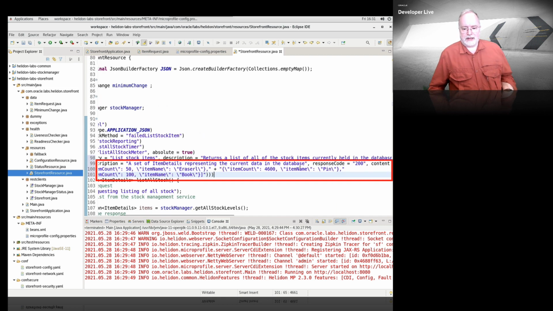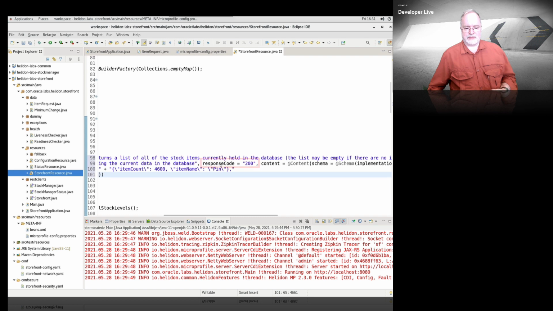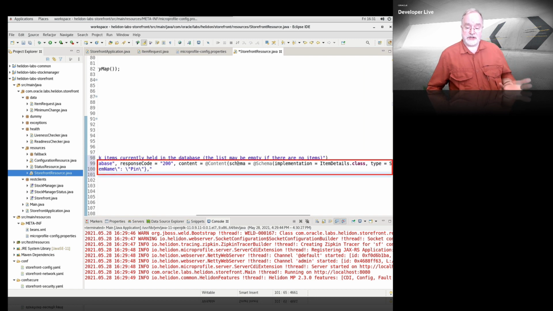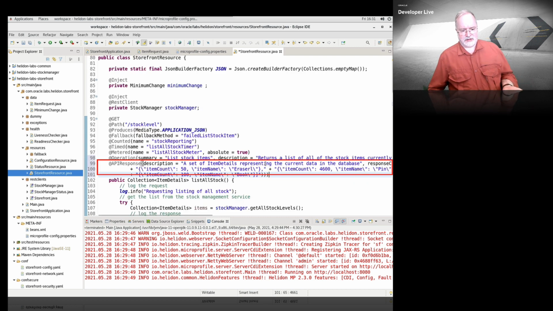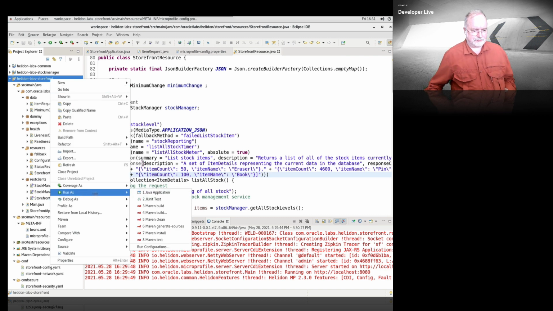That's great. But let's have a look at this. So what we're now going to do is say the response code is 200. That means it's successful, and if the response code is 200, this is the content that is returned. It's a set of details of item class in an array, and it gives us some examples of what that array might look like. So if we save that and rebuild the index, and then run it,